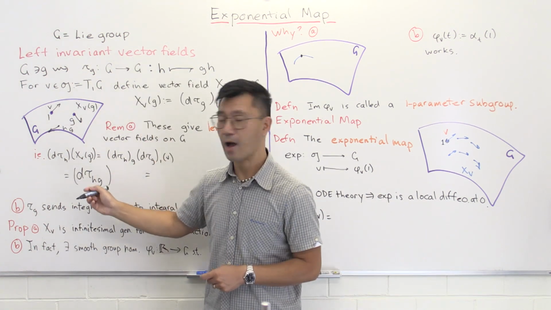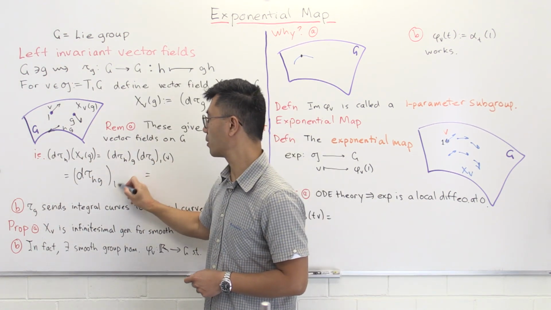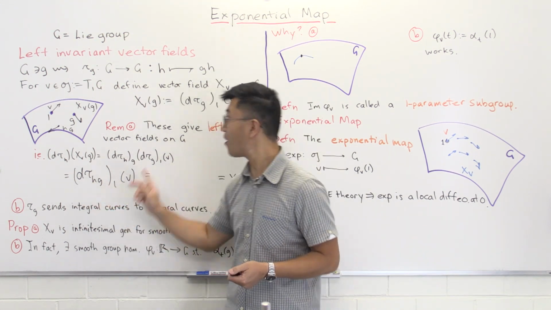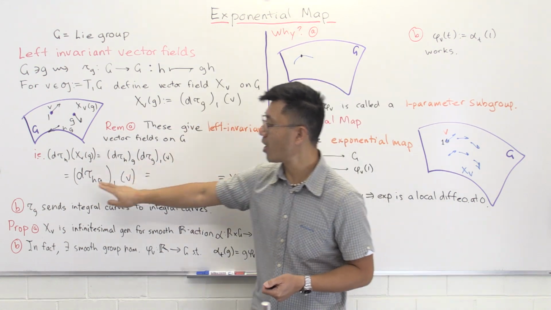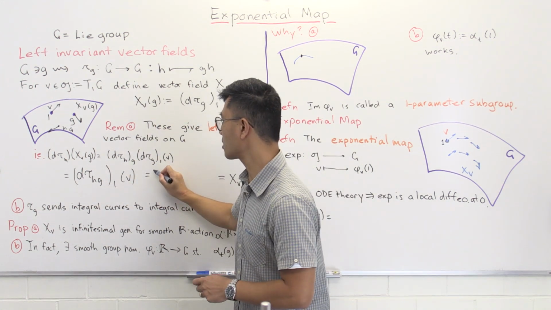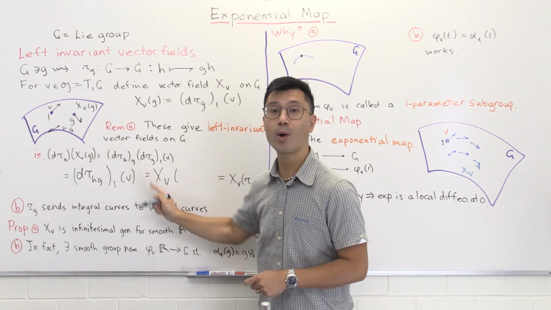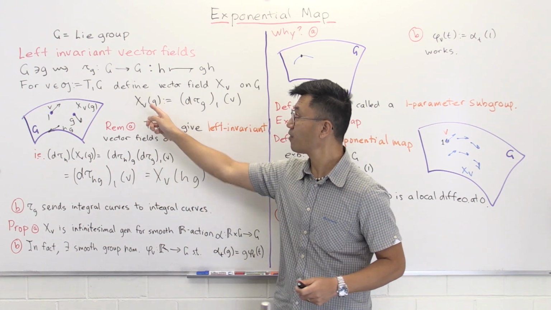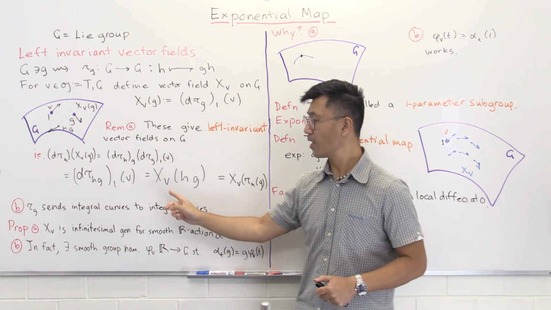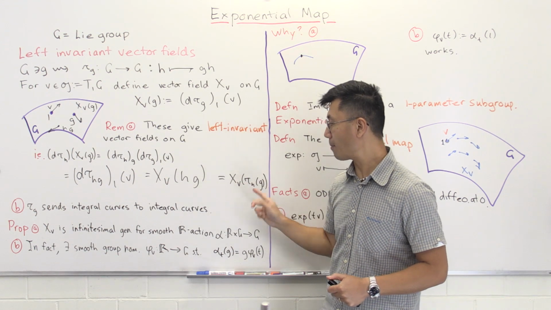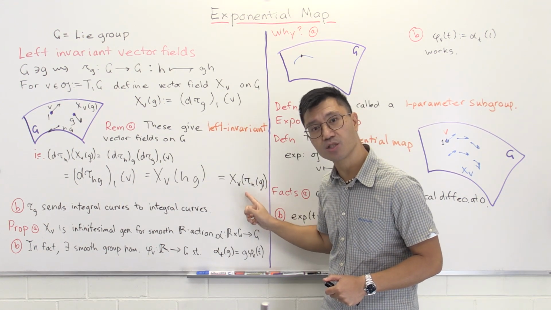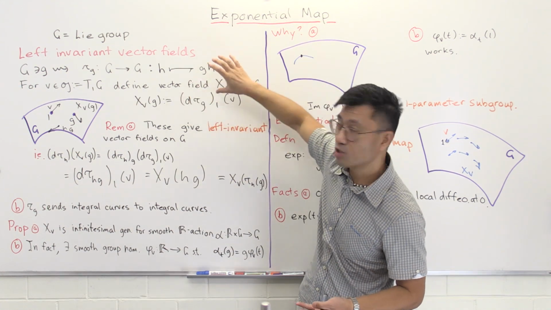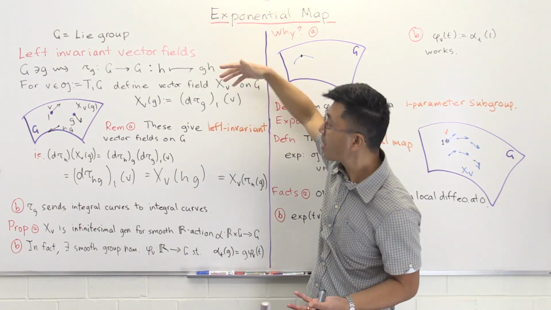So this is just d tau h g at 1 of v. Of course, if you look at that, that's the definition that we have here, but instead of a g, we have hg. So that's just xv evaluated at hg. So the value of this vector field xv at hg is the value of xv, not at g, but at g translated on the left by h, tau h of g. And that shows you why these vector fields that we've constructed very naturally using the group operations are left